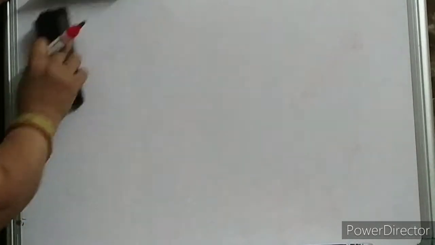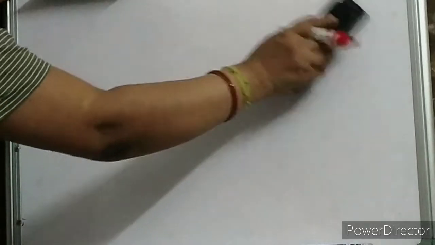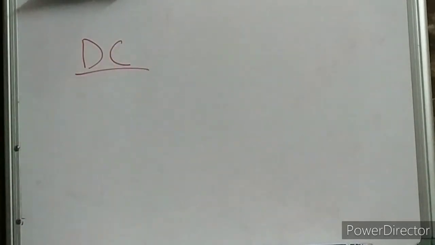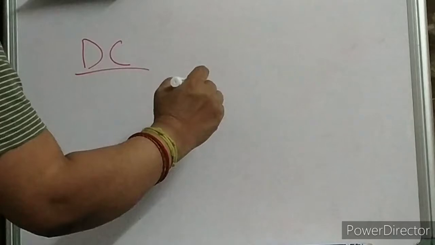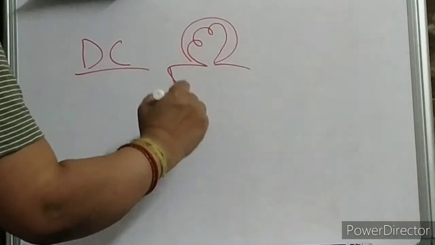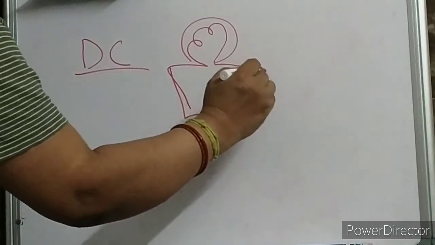Actually, this lecture is to give a fair idea of AC and DC, so that we can understand the AC-DC generator more easily. Now, what is DC, by the way? An electric current whose magnitude is either constant or variable, but the direction remains the same all the time. Suppose this is your bulb, children. It is connected to a battery source.